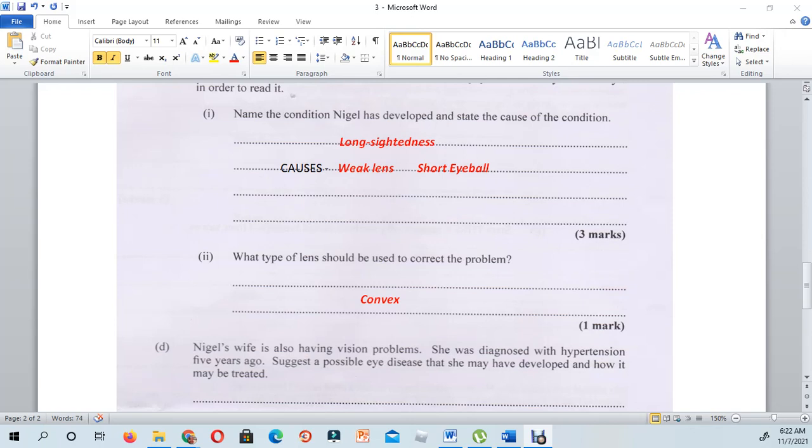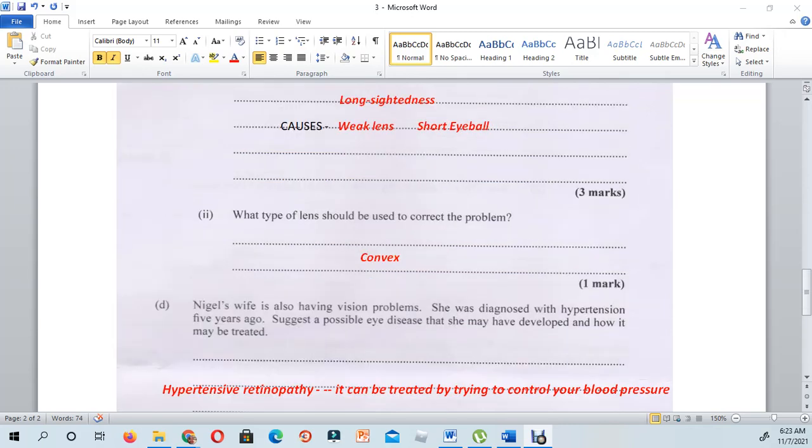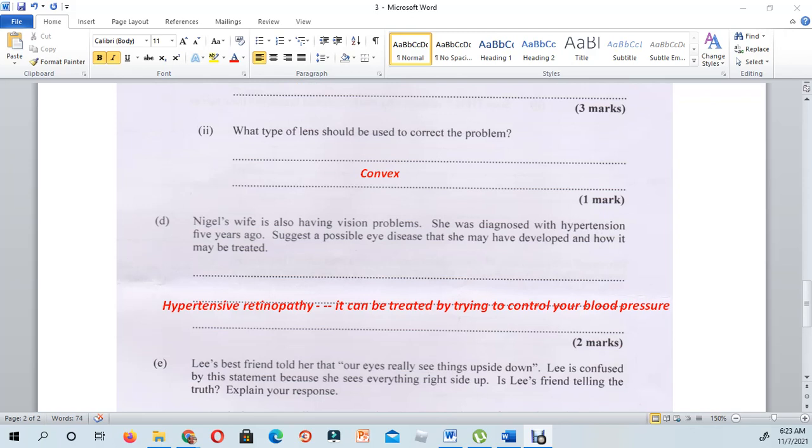Moving on, what type of lens should be used to correct the problem? It will be a convex lens, not a concave. You would use concave for short-sightedness. Going down to D,